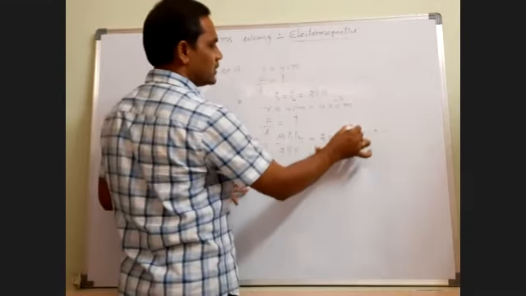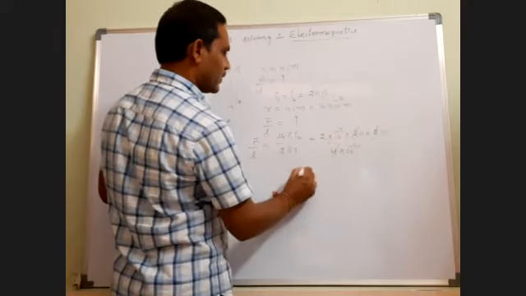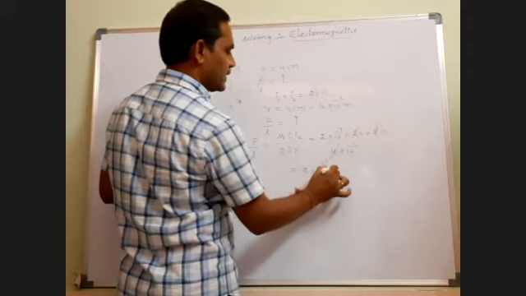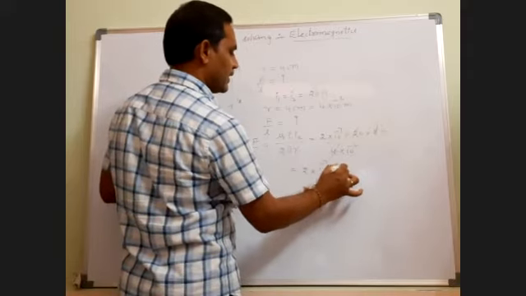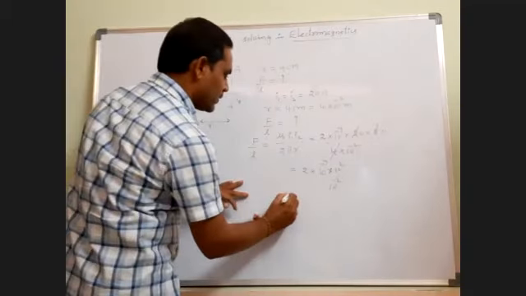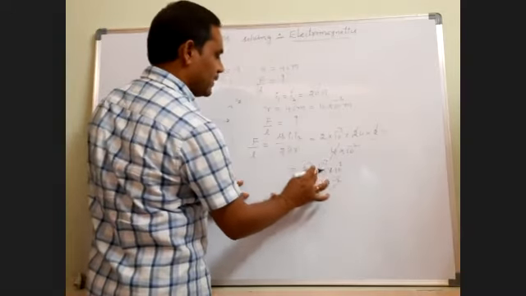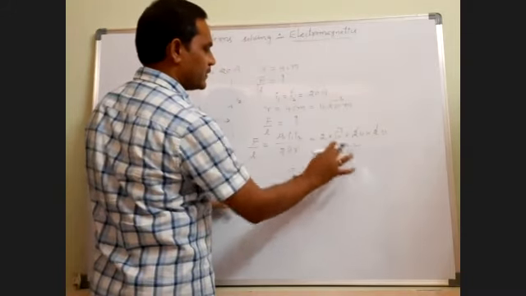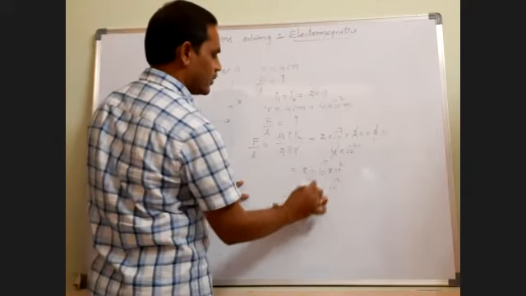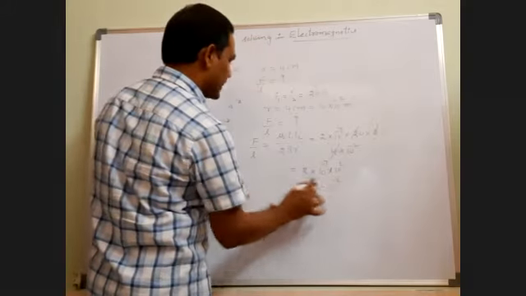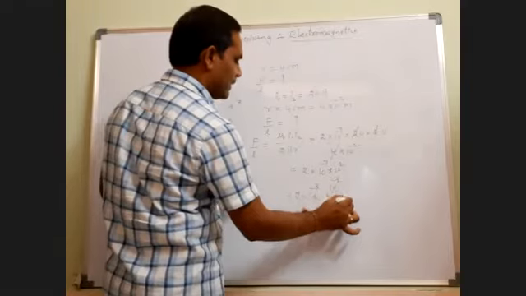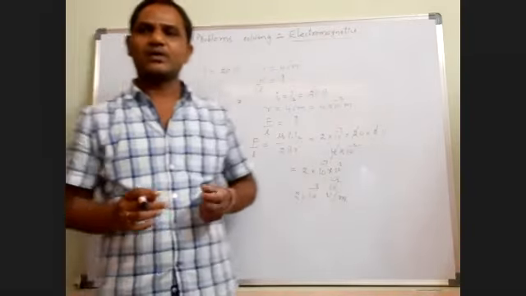Okay, the 4 cancels, equal to 2 into 10 power minus 7, 10 into 10 is 100, that is 10 square, by 10 power minus 2. So this is equal to 2 into 10 power minus 7, and bringing 10 power minus 2 to the numerator gives 10 power plus 2, so 10 power 4 into 10 power minus 7, that is 10 power minus 3, the force per unit length. So the unit will be Newton per meter. Have you followed? Yes, sir.